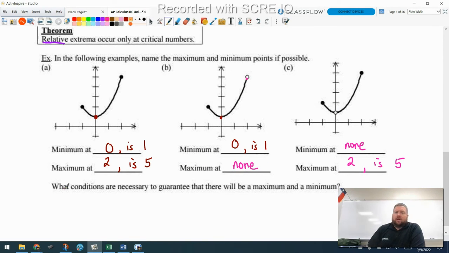All right, sorry, I had to pause there for a second. What conditions are necessary to guarantee that there will be a maximum and a minimum? Well, what happened on these two for us to not have one? We had a discontinuity, a hole in the graph. So what conditions are necessary? What did this one have that these two did not have? The function must be continuous